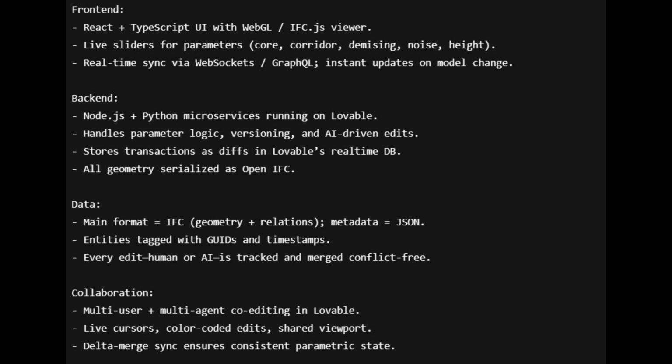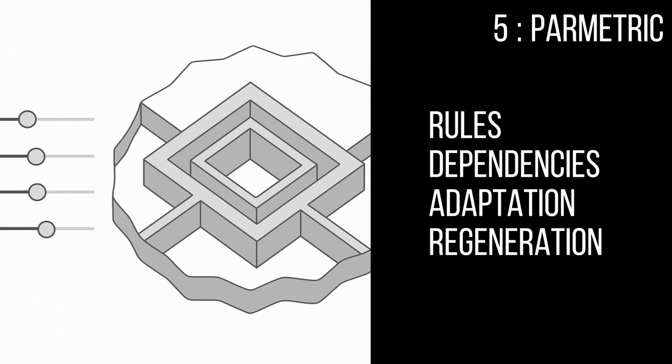In your backend, you want Node.js. You want to have parametric logics and AI-driven edits. You want to store these transactions. You want to have AI geometry serialized as OpenIFC. Also, in your data and your collaboration, there are more attributes that you can talk to your AI to create it for you. Now that you have made the infrastructure, you can talk about parametric values of your tower: the